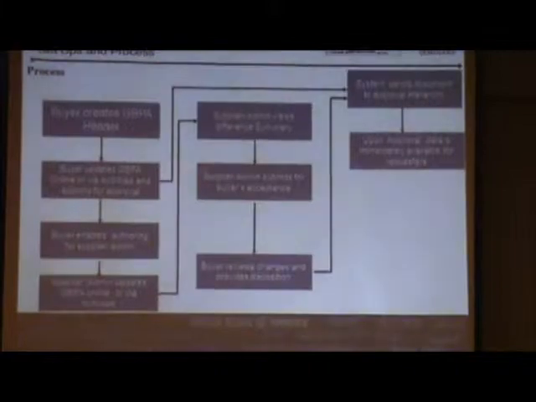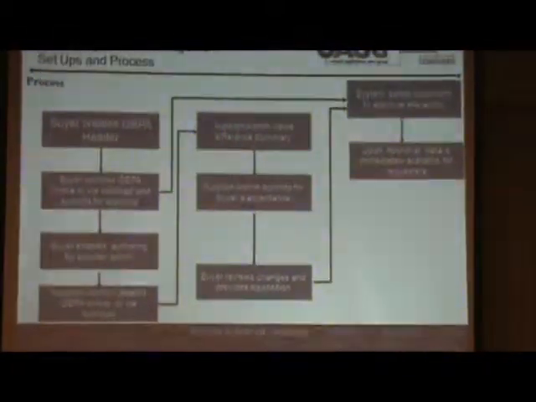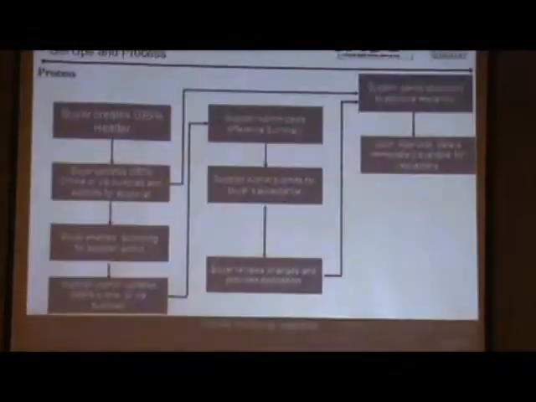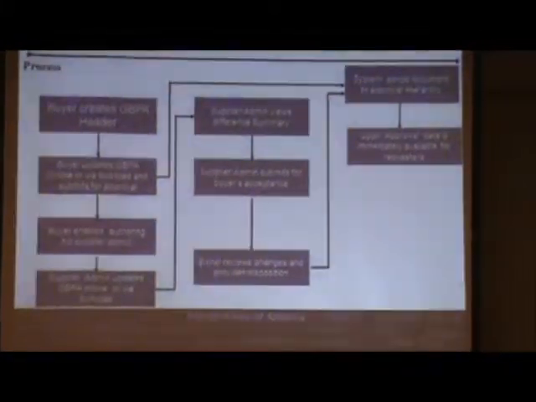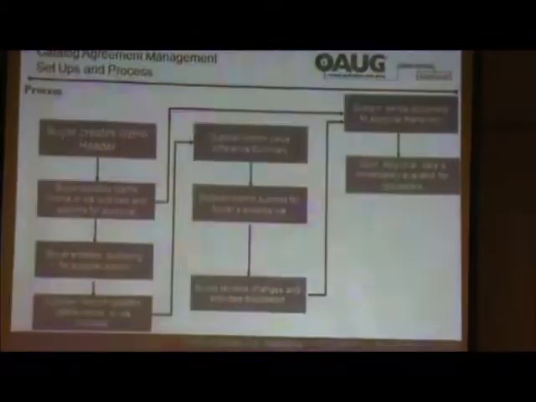First, the buyer creates the GBPA header. Second, the buyer updates the GBPA header with the actual catalog contents. Either the buyer can enable authoring for the supplier or catalog admin. The supplier or catalog admin updates the GBPA online or via bulk load. They also see the difference summary, which is a new feature, and then finally they submit it for